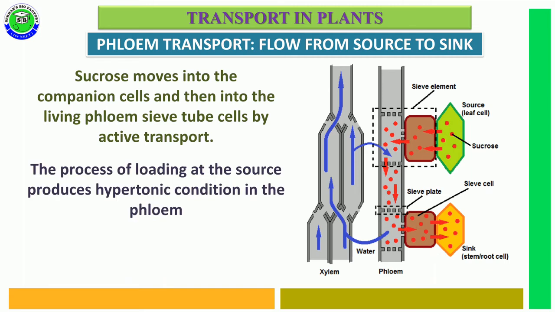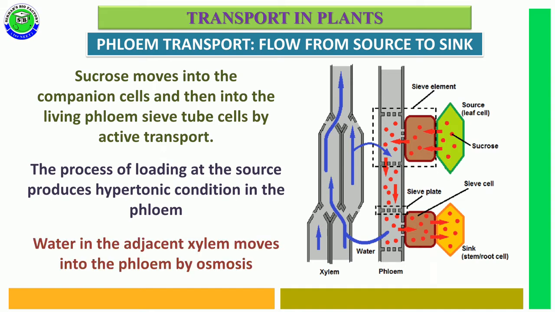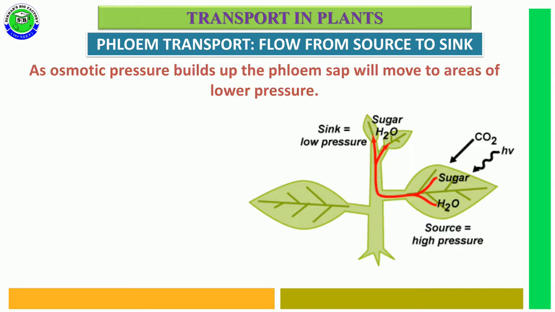So the process of loading at source leads to formation of a hypertonic condition in phloem cells. Due to this hypertonic condition, the water which is moving through xylem, because of the concentration gradient, is transported from high water potential to low water potential, from xylem to phloem tissue, by the process of osmosis. Due to entry of water into phloem sap, it builds up pressure, and this pressure which is created in the phloem